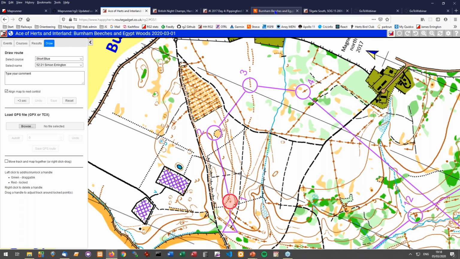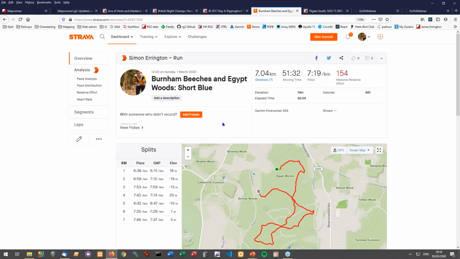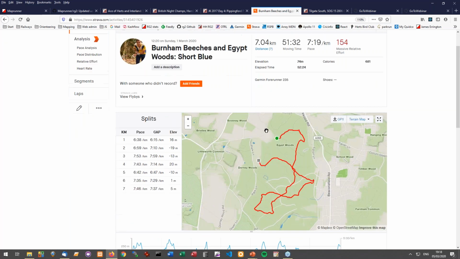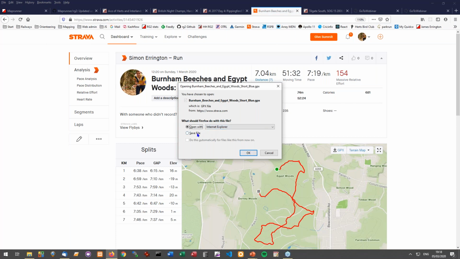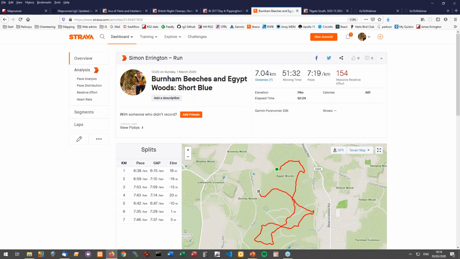So in my case, for example, I've got a Garmin watch which uploads to a thing called Garmin Connect. So Garmin maintain all of them, but then you can link that Garmin account into Strava, and I know many people use Strava because it's got a lot more functionality. So this is my Strava account. This is my run from the weekend. And to export out of Strava, it's very similar on other systems. Somewhere there will be an export function. So just export that as GPX, and I save that locally.